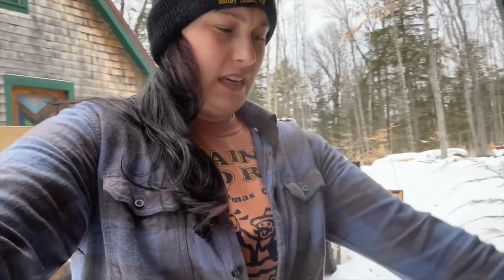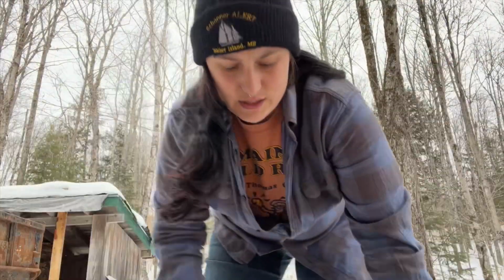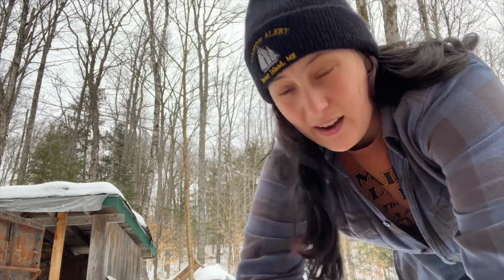It is in the teens and honestly kind of feels nice out. I was thinking about going for a snowshoe, but I just don't have the gumption to do that. So I'm going to start the generator because I kind of need to do that anyways, because I want to play Skyrim. I want to play a video game. And I kind of feel like I haven't needed to start the generator in a while. I felt like I was doing it almost daily or every day, but